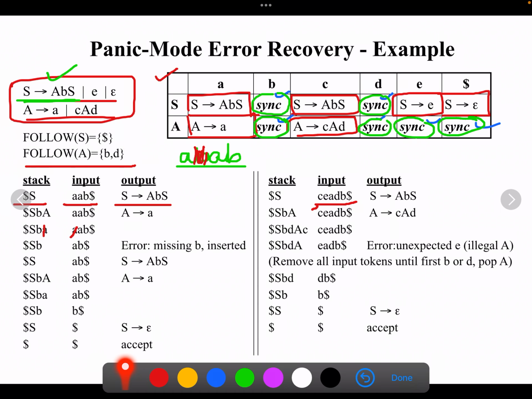B and D. Therefore here, A on E, you print the message saying unexpected E, illegal A, remove all input tokens until you find B or D, and pop A. These are the steps to be followed. What are this B or D? Both are follow of A.